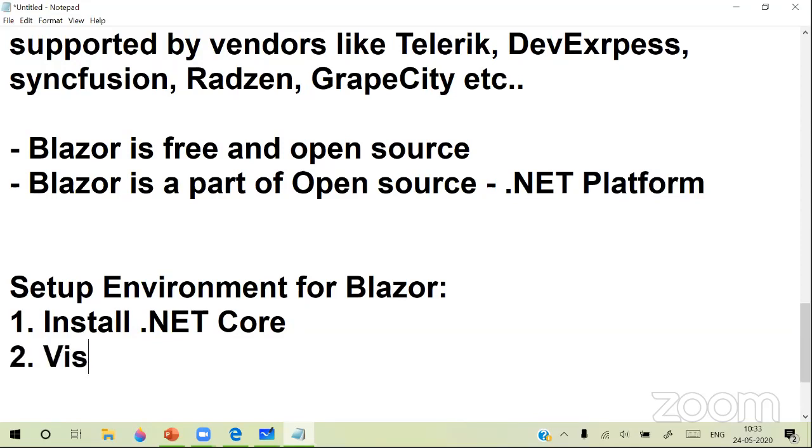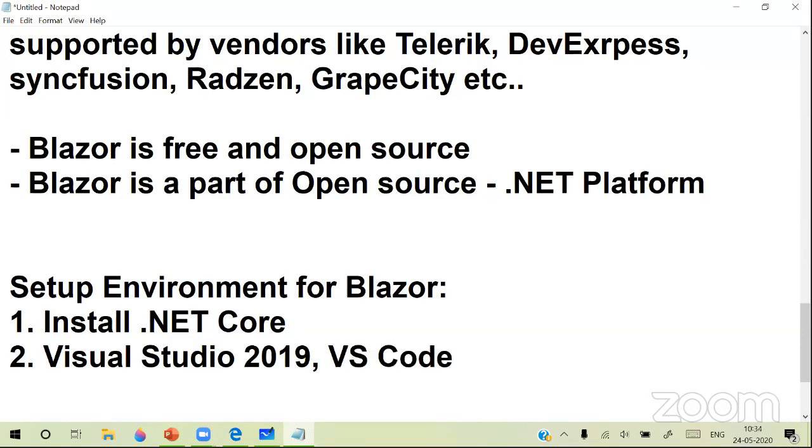You need Visual Studio 2019 and higher versions. Of course, you can use tools like Visual Studio Code also by enabling C#. You can use it for Mac or Windows, because Visual Studio is now available for every platform, right? So it's free. You have to install .NET Core and Visual Studio 2019,